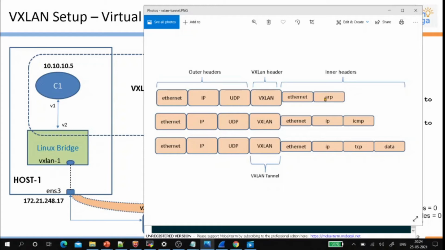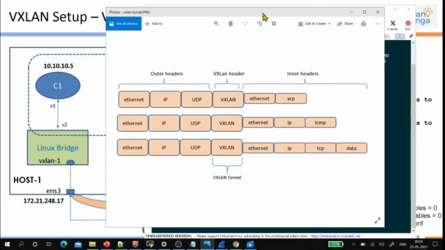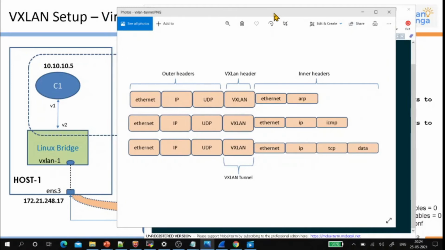And similarly, the same terminology is relevant here. Ethernet means it's Ethernet header plus its payload. The only difference is one is the outer header, which is generated by ENS3, and the other is the inner header, which is generated by C1. Okay, so this is a precursor before we go to the actual analysis from the Wireshark logs.